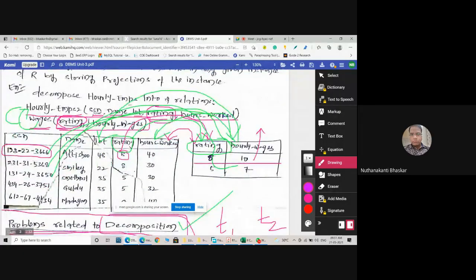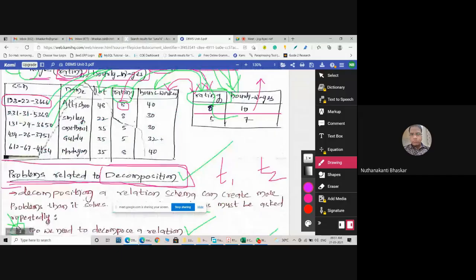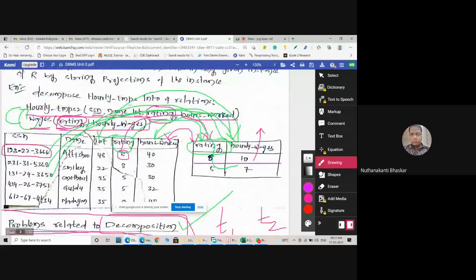Now, after decomposition, we need to identify whether there is any problem with the decomposition, because we have simply identified the functional dependency and decomposed the relation, but some data may be lost after decomposition. Who is going to lose? The customers. For example, if it is financial data, the banking sector, or any transaction data, and you decompose without any verification,